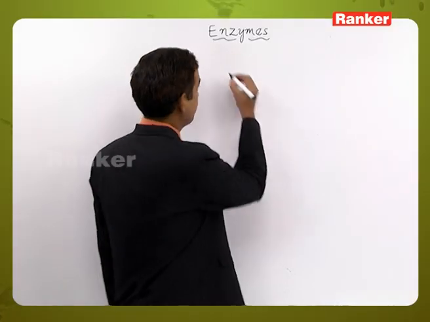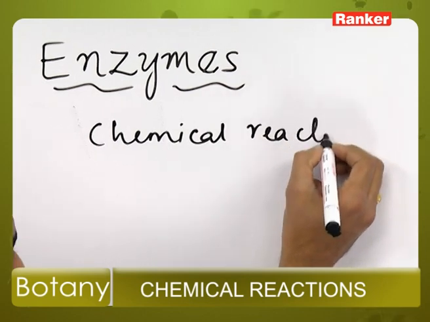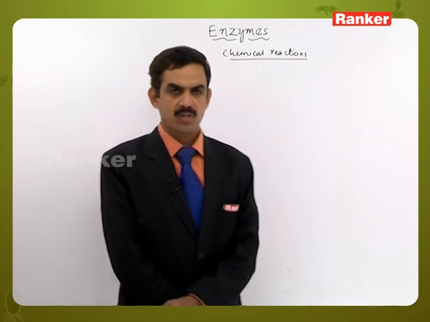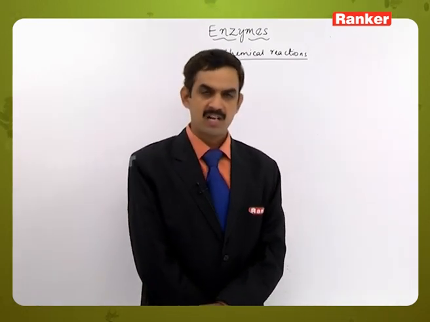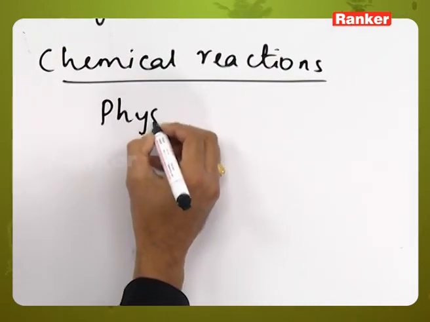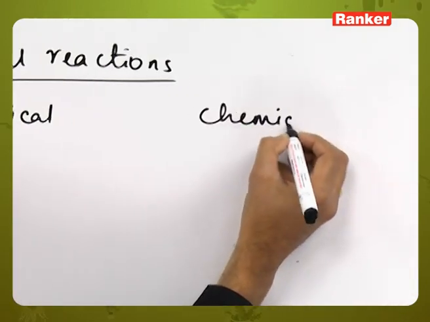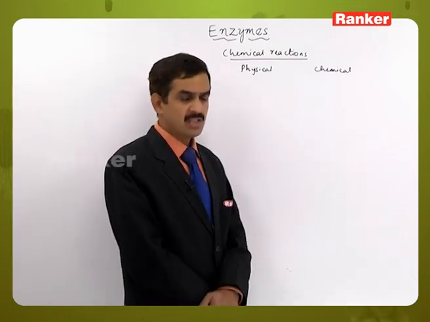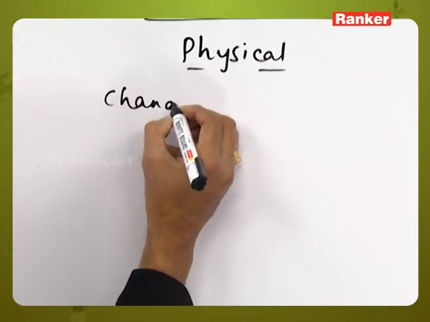The chemical reactions. There are many types of chemical compounds present inside the cells, and they will undergo two types of changes: physical changes and chemical changes. Here the physical changes include the change in the